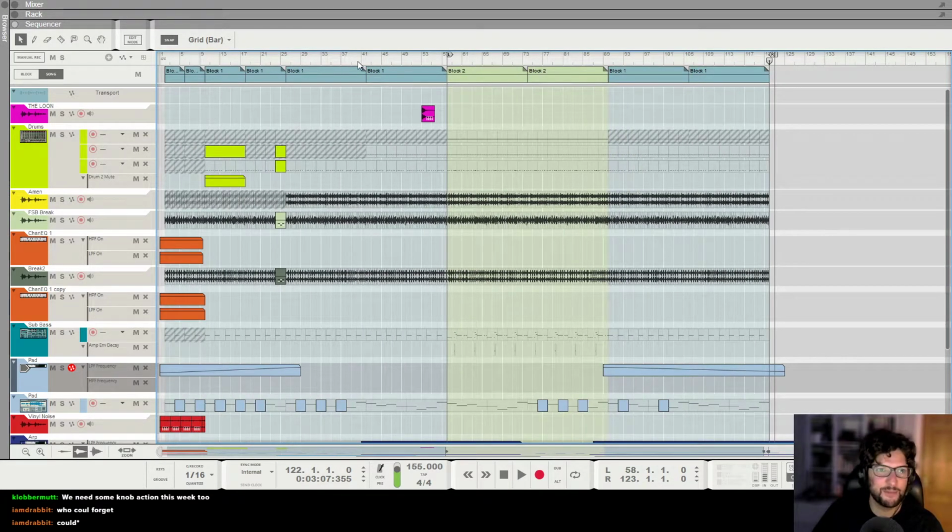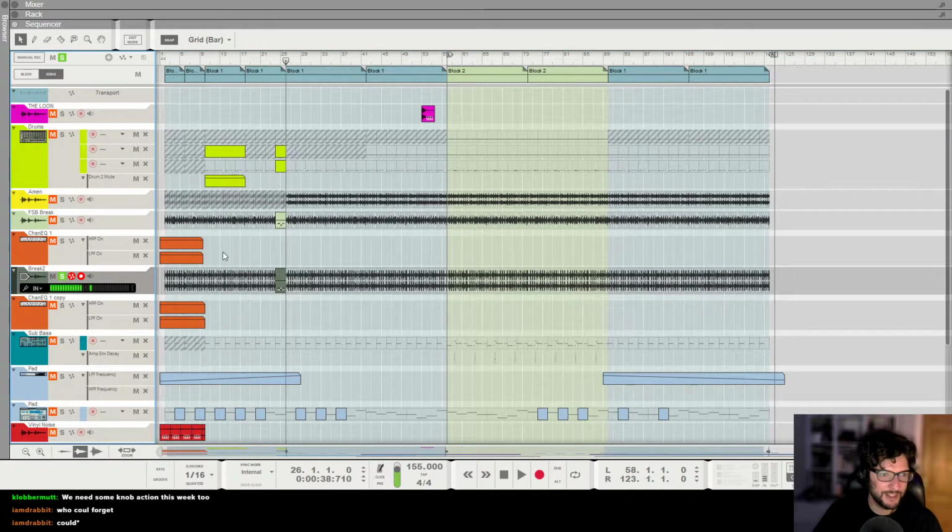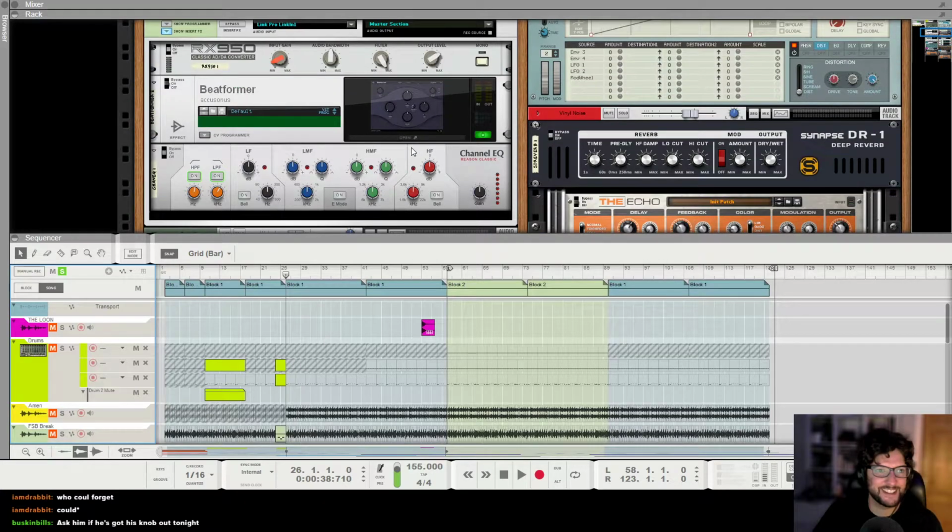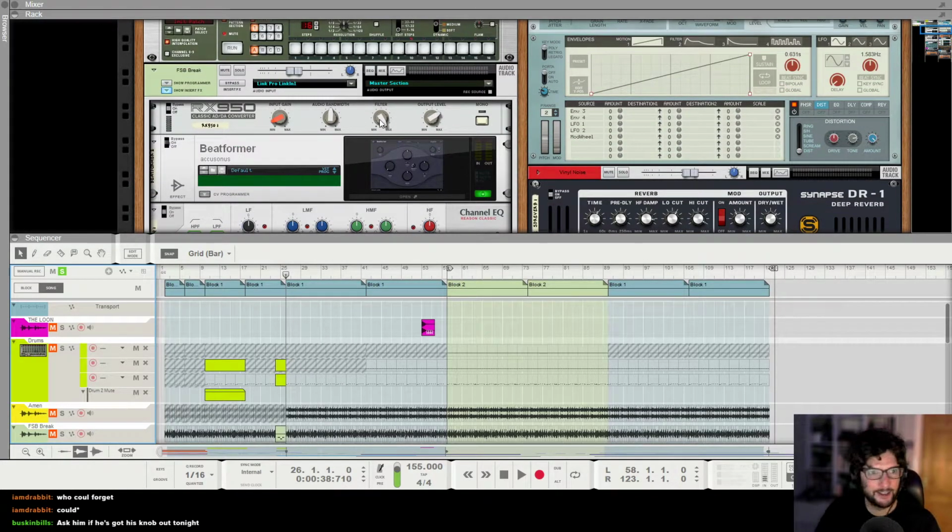So we need some knob action this week, so I'm sure this is referring to the Surface Star. Actually, Travis just mentioned that the RX 950 has a filter knob. WTF have I been doing? So yeah, it does. It's really, really cool. And I could use it, if it's working today. Oh no, I think I might have